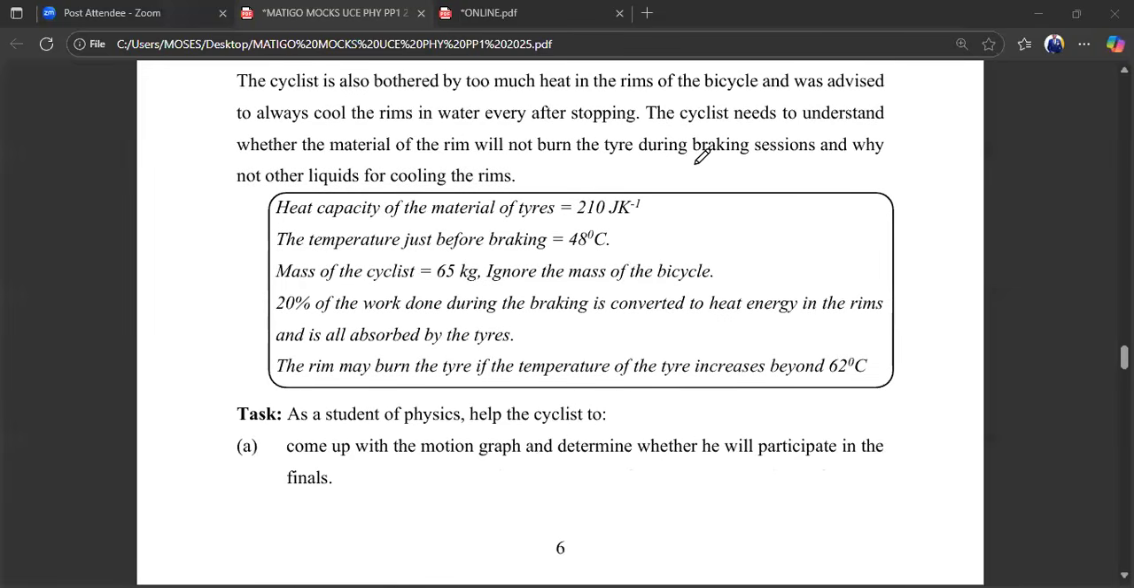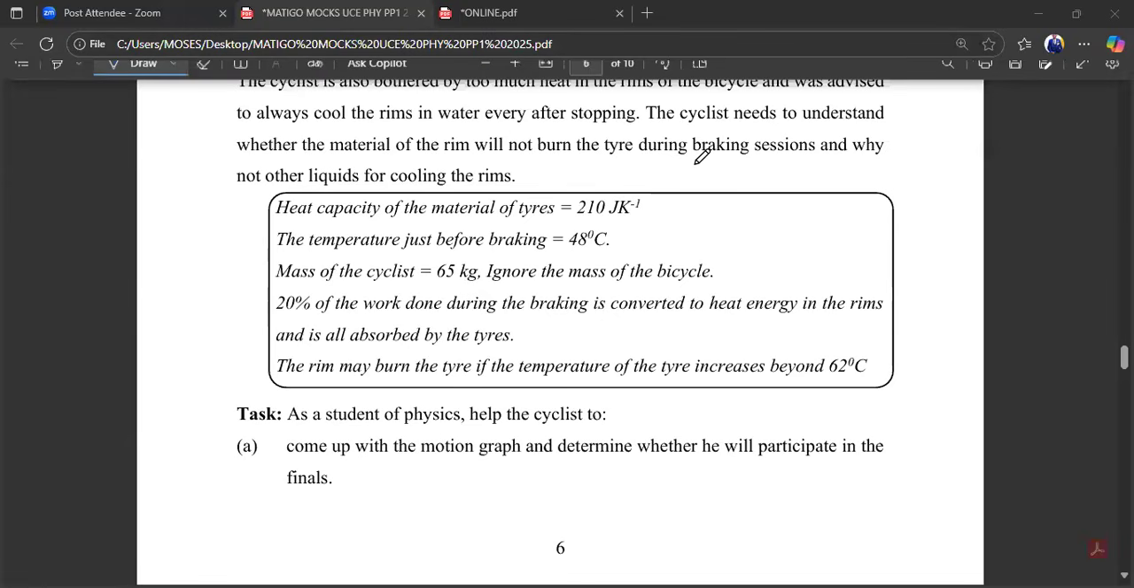On the task, they are saying, as a student of physics, help the cyclist to come up with the motion graph and determine whether we will participate in the finals. That's what we are doing. People just came in late. Now, the first step here is